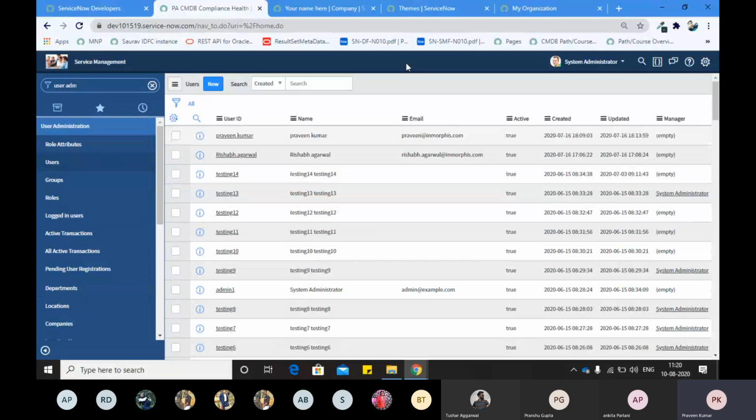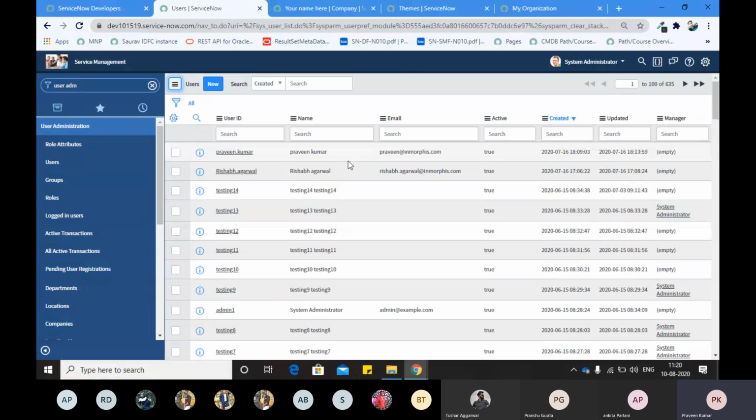What is this at the right side? This is basically the database layout, or table list. What is the data available in your user table? This is a representation of that data, in the list layout format, correct? So how many users are there? 635 users are there. What is the table name? The table name is user.